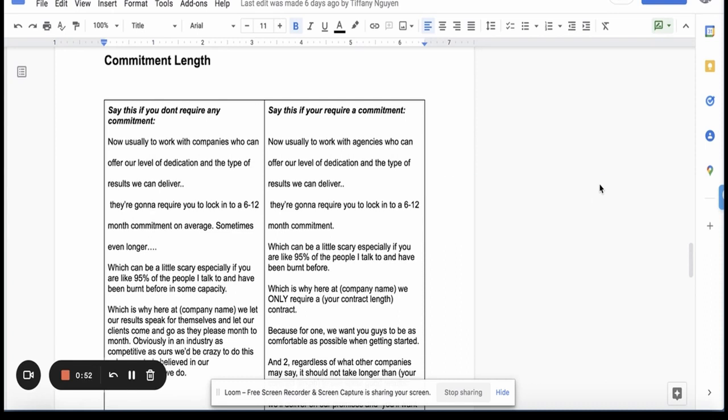Okay, so it really depends on what path you take, because if you have payment plans, if you don't have commitments or a contract, it's a one-time fee, whatever the case may be. They don't have to commit for X amount of months. This is the way that we go with our SMA, and this is basically where we get to the price point, okay? So you either don't require a guarantee or a commitment, or you require a commitment or whatever the contract is.